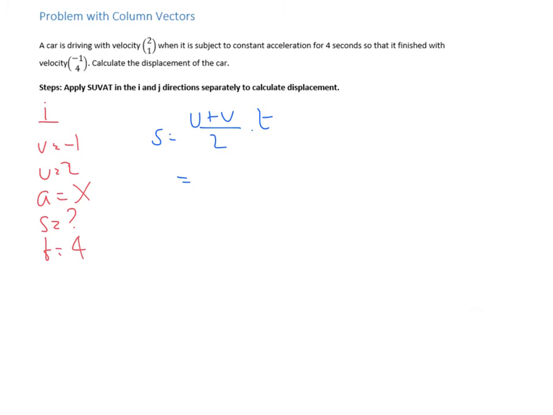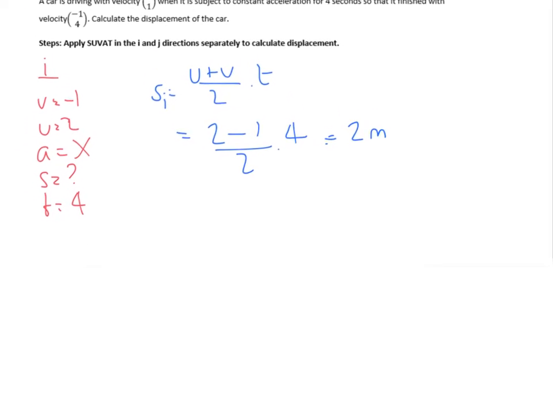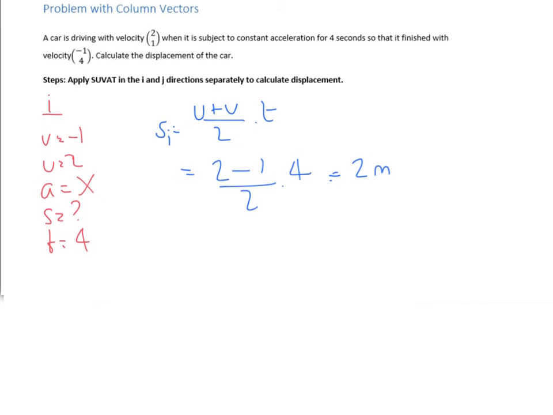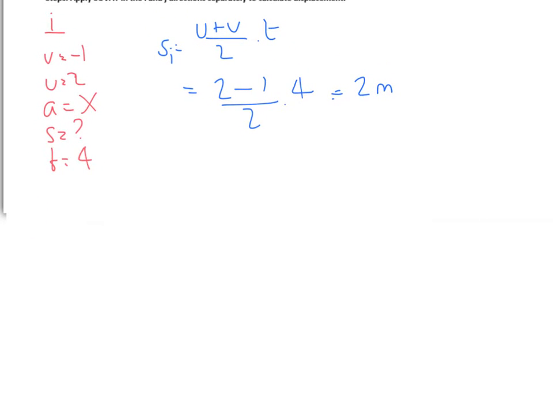We've got U is 2, V is -1, 2 times by 4. So this term would be 1 over 2, so half times 4 gives you 2 meters. So that's the displacement in the I direction. If we scroll up a little bit, let me just memorize those numbers, 1 and 4. If we look in the J direction, we've got U is 1, V is 4, A we don't know, it's our unknown, and T was 4. So using exactly the same equation,